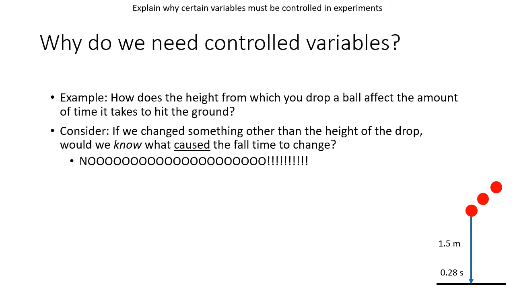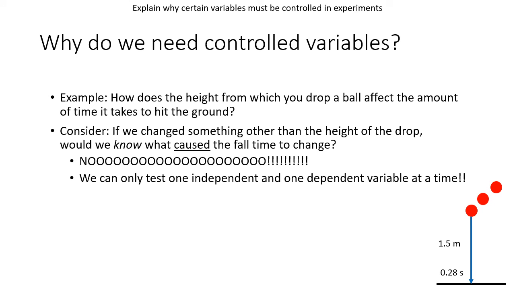The answer to that question is no, absolutely not. Because we changed more than one thing, I don't know which one of those, or maybe both of them, caused a change in the fall time, but I don't know which one affected it in what way. So in other words, and this is the important point, we can only test one independent and one dependent variable at a time. I can't change both drop height and the release velocity in the same experiment, because that would be two different